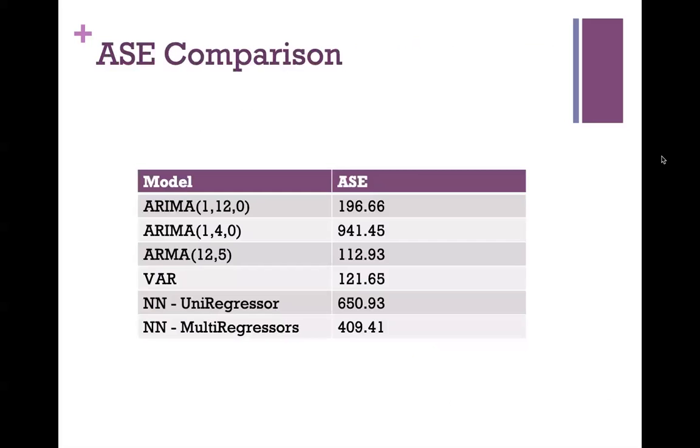So an ARMA 1, so an AR1 with an S equals 12 and no MA portion. Then I had an ARIMA 1,4,0, an ARMA 12,5, the VAR model, and then the 2 neural network models. And that ARMA 12,5 performs the best, and that's the one I chose to forecast with here in the slides. However,